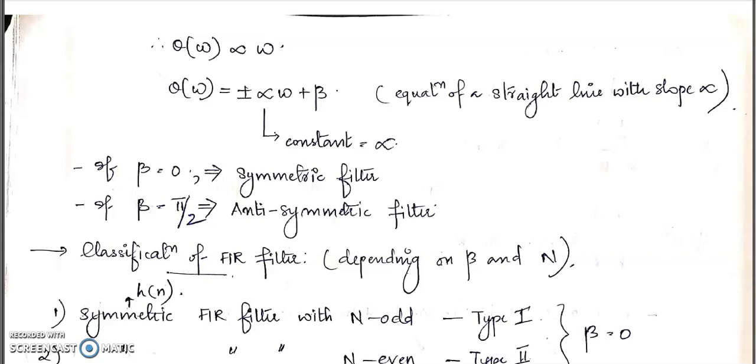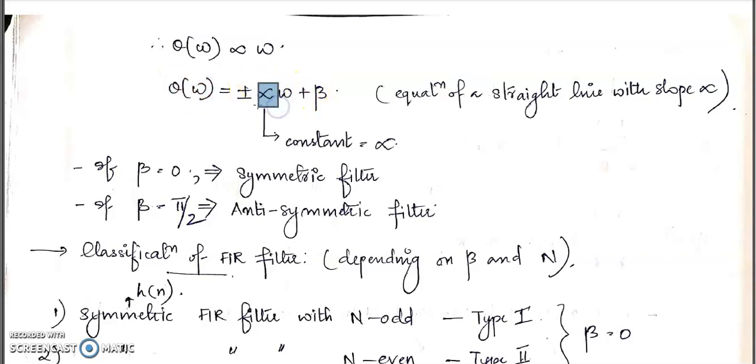Hi, we are discussing linear phase filters. In the case of a linear phase filter, the phase response must be proportional to frequency. Here we remove the proportionality by a proportionality constant alpha. We can say that the phase response theta of omega is equal to plus or minus alpha omega plus beta, where